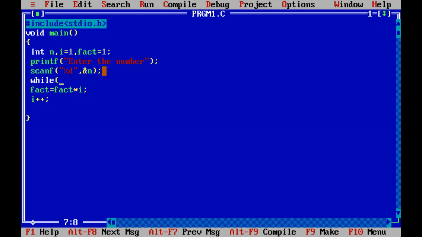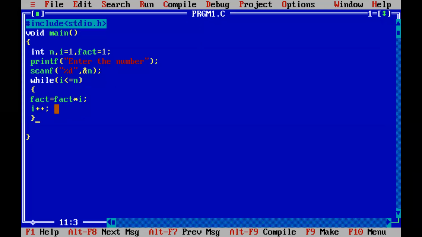Okay, so while I is less than or equal to n, we are checking with the n value, because we want to find the factorial of n. We are starting from 1 until the value of n. Suppose n is 3, I should be changing from 1 to 3. If I want to find the factorial of 5, I should be changing the value of I from 1, 2, 3, 4, 5.